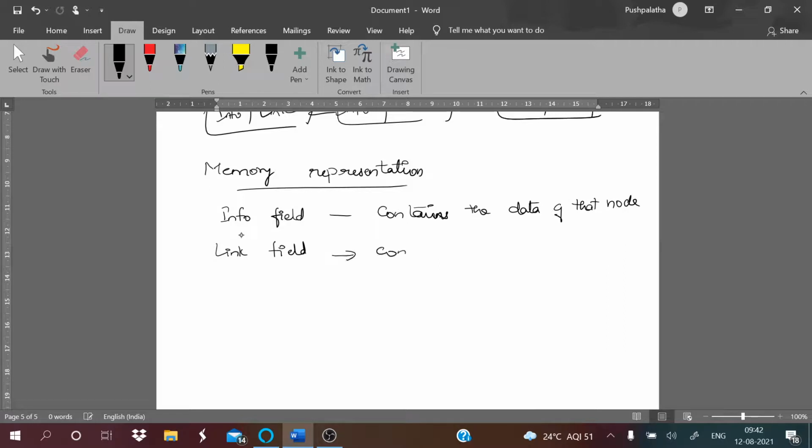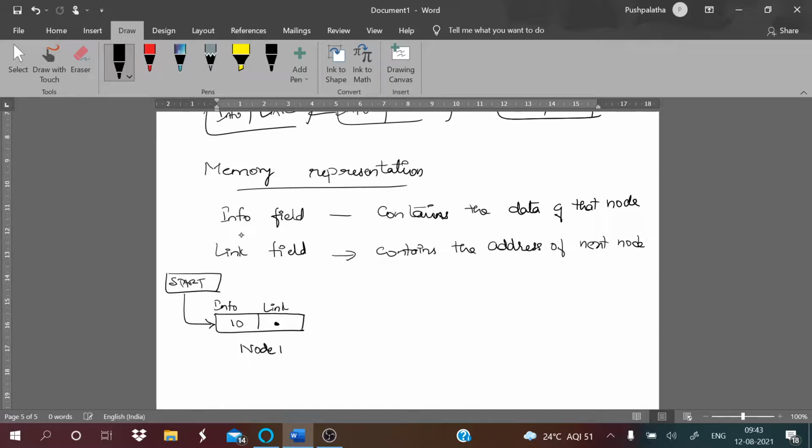And link field contains the address of the next node. And give the figure here. This is the data, this is the address. At the top you are going to write info and link. Here you have start, this is connected here. So this is your node 1.